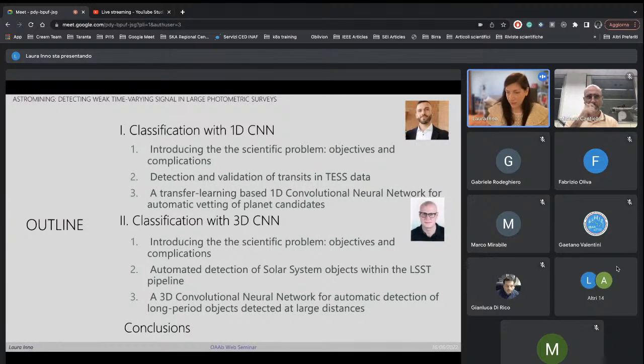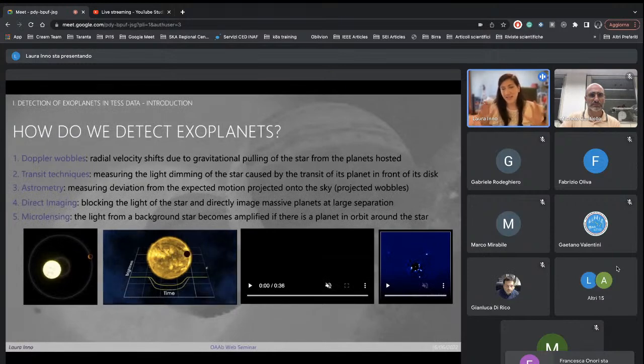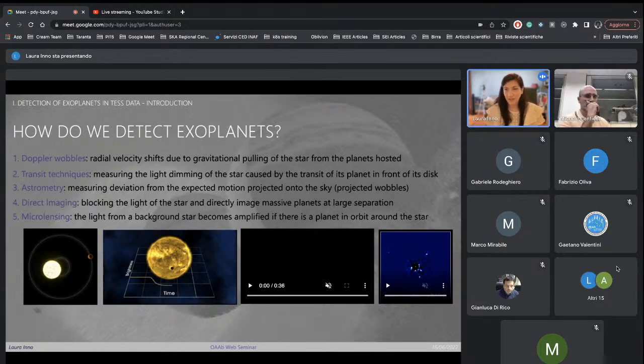Okay, so let's start with the first topic, which is how we can detect exoplanets in TESS data. Well, in general, finding exoplanets is a hard problem, right? We only succeeded in doing that 30 years ago, so it's a relatively new field. And to explain why it's so difficult, there is the old but gold example of trying to detect a firefly that is just in front of a stadium light. So basically, we want to find something that is small and faint, sitting just beside a stellar, luminous big star.